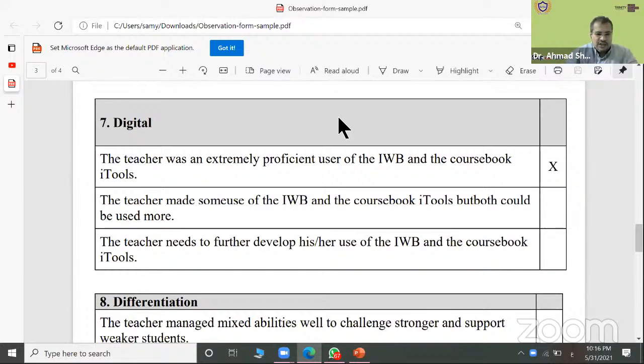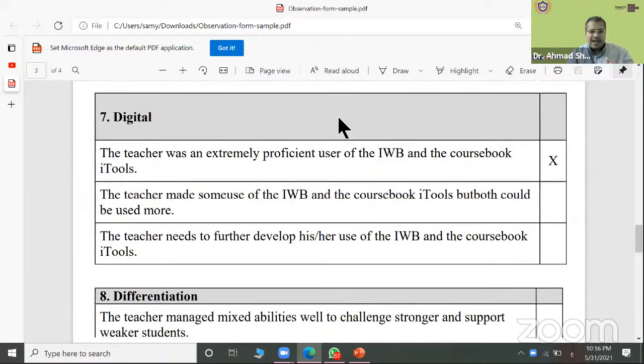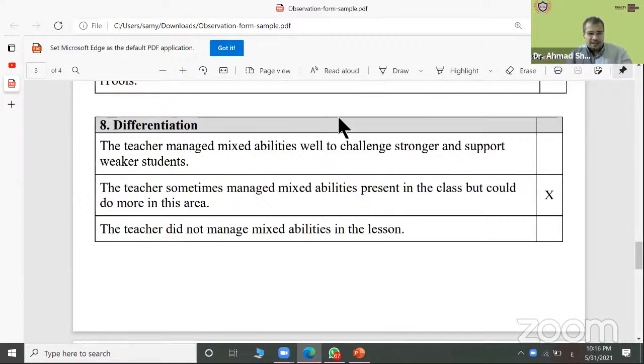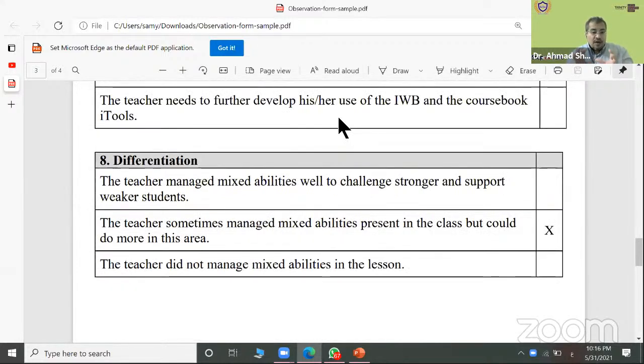Number eight, differentiation. As you know, you have different learning styles. So did you follow differentiation? Did you achieve your goals for all students' levels or for all students' learning styles? Okay, the next one, please.